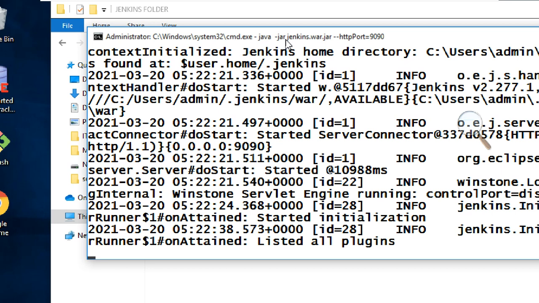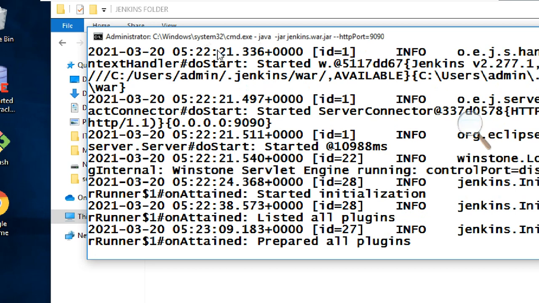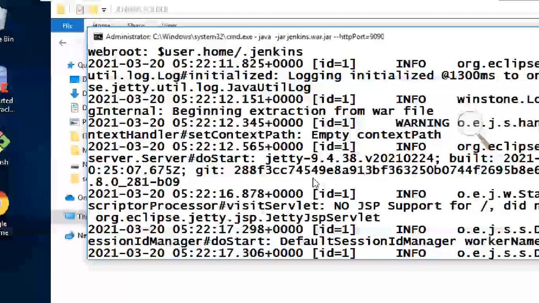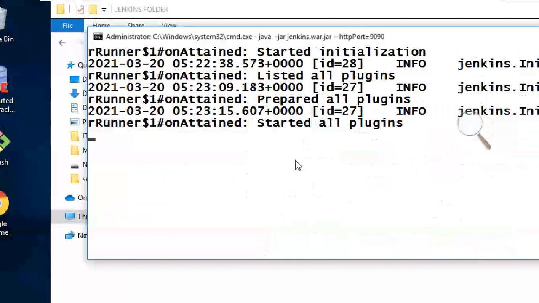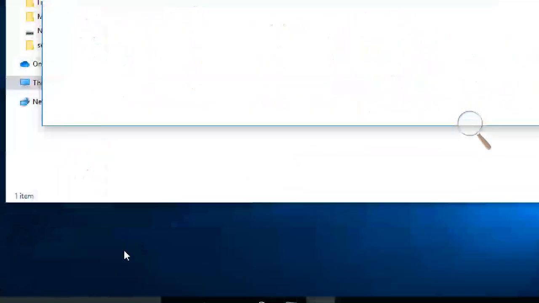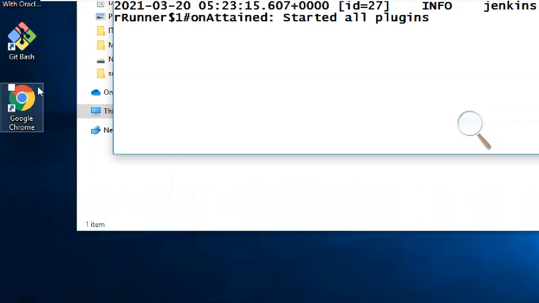It has listed all the plugins. Is it showing anywhere that it is fully up and running? No, so we still wait. We need a browser.